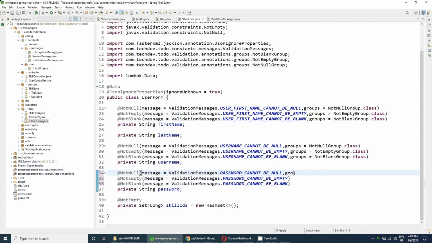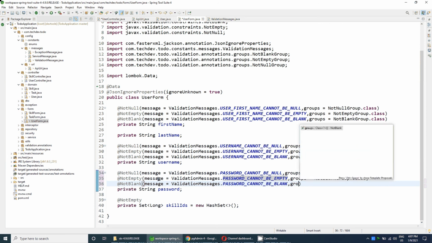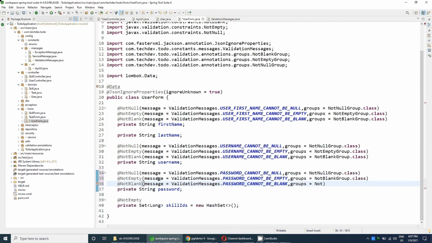Let's add the group here. Group will be not null group dot class, and that groups will be not blank group dot class, and here the group will be not empty group, and here the group will be not blank group.